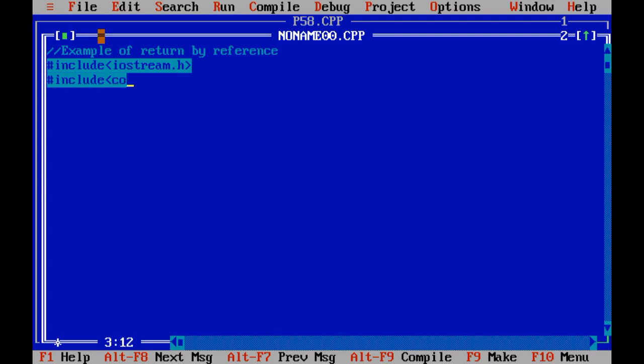So let me include two header files first, then we need to return the value. That's why I have declared the data type integer, because only if you specify the data type of the function does it return a value. Then we need the ampersand sign because our concept is return by reference. So ampersand sign, then the name of the function, that is maximum function, because I want to find the maximum of two values. I need to input two values and find the maximum out of them.